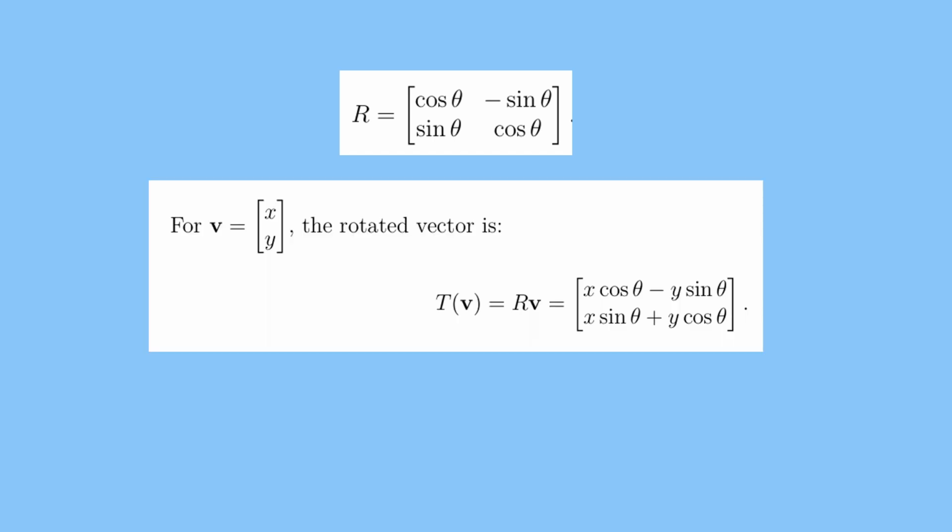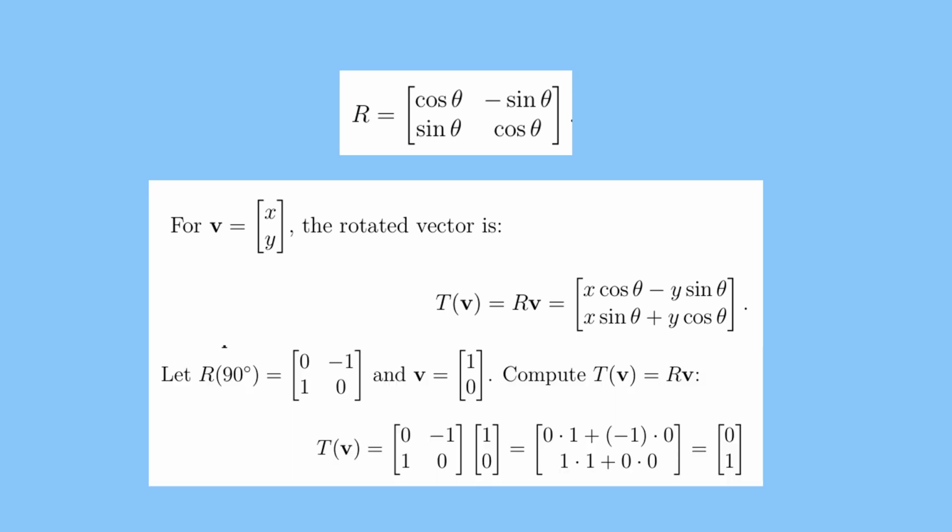Now, let's look at rotation transformations. A rotation matrix rotates a vector counterclockwise by a specified angle. For example, rotating a vector with entries 1 and 0 by 90 degrees using the rotation matrix results in a new vector with entries 0 and 1. Like scaling, rotation is a linear transformation because it also satisfies additivity and homogeneity.